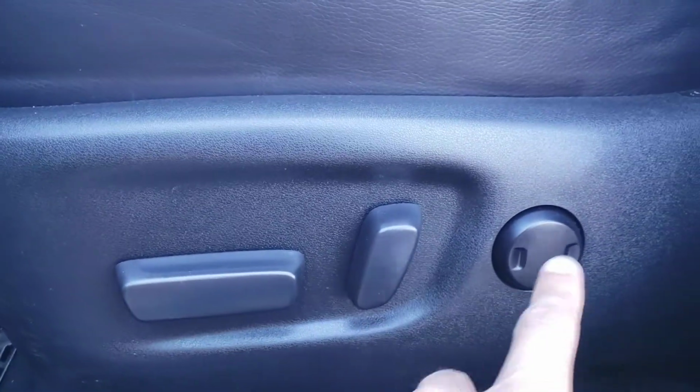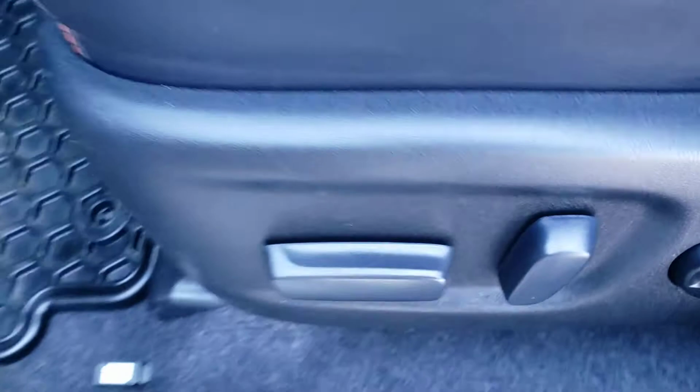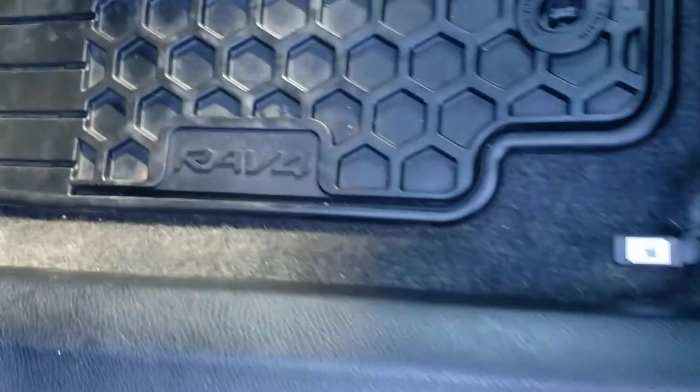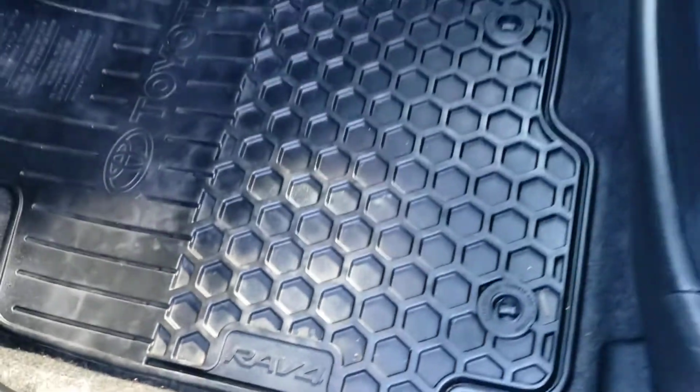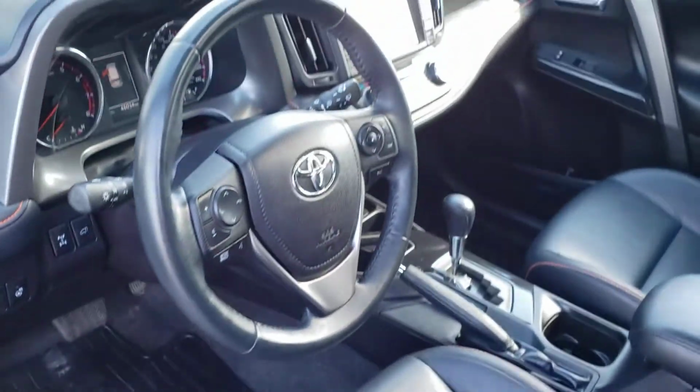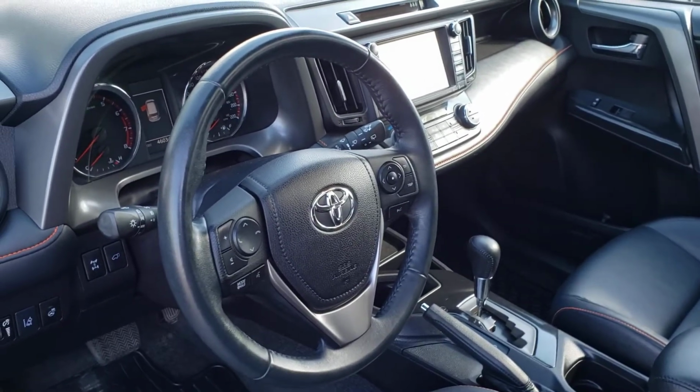Inside, you're greeted with this very stylish black leather seating here with the orange accent stitching. Gives the seat a very modern and unique look. Just below the driver's seat, of course, you do have the power seat adjustments, which includes your power adjustable lumbar support. And if you take a look at the door sill there, you'll find the nice RAV4 nameplate. And you've also got the RAV4 branded floor mats. Those are the all-weather mats, so those are nice and easy to clean, regardless of how dirty or wet they get. So let's go ahead and hop inside, fire this vehicle up, and take a look at all the notable